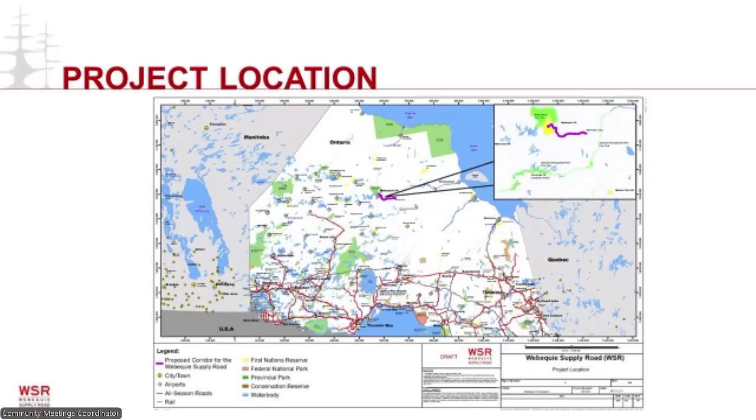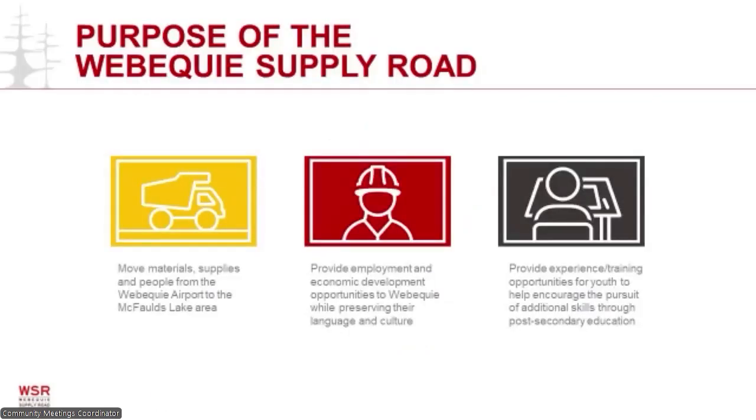and the planned Webequie Supply Road runs south of Webequie and then east to the Ring of Fire area. The purpose of the Webequie Supply Road is to move people and supplies to the Ring of Fire area, create jobs and business opportunities for community members, as well as skills training opportunities for young people. As this is Webequie's project, this would be done in a careful, sensitive way that will preserve and strengthen the